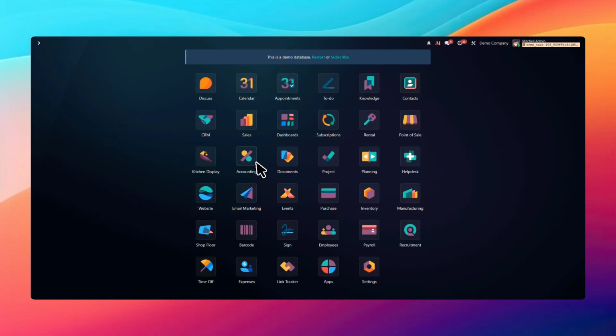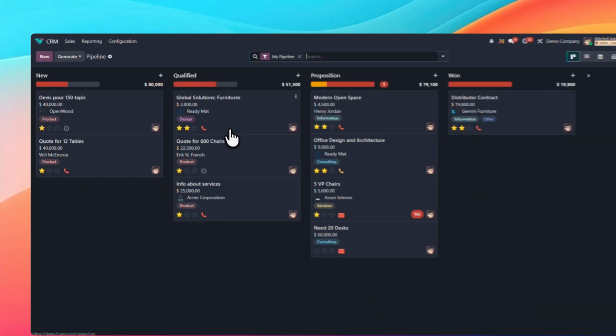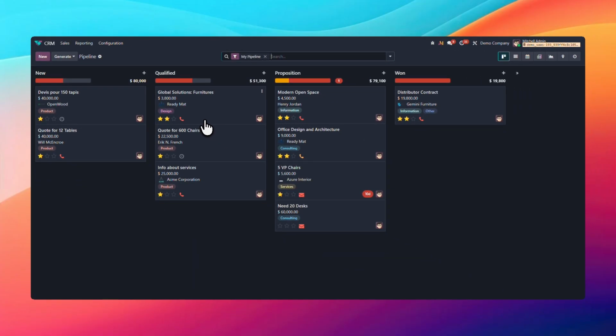In today's video, I'm going to teach you how to add a new lead in Odoo CRM. To get started, open Odoo and click on the CRM app. This will take you directly into the Odoo CRM workspace where you can manage leads, opportunities, and your overall sales